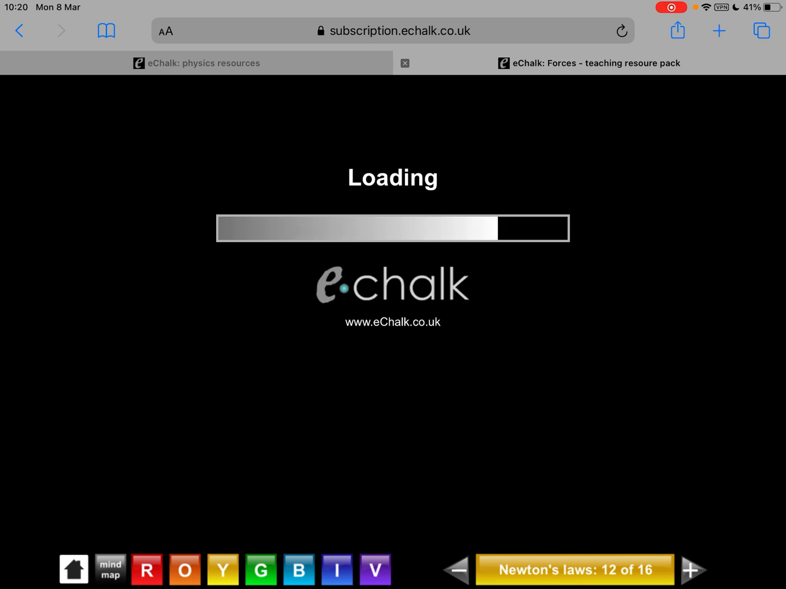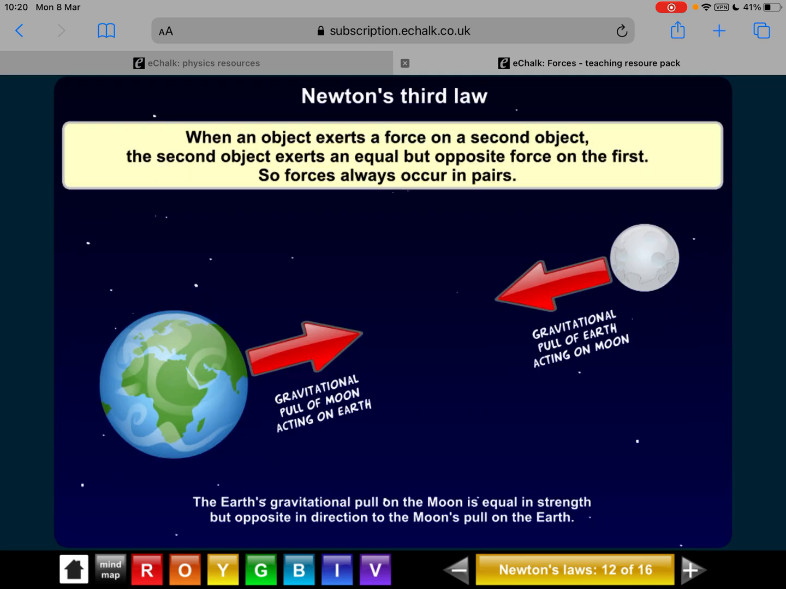Another example is objects that have gravitational forces. So we know that the Earth has got a gravitational force. We also know that the Moon has got a gravitational force. Now even although Earth's gravitational force is greater than the Moon's gravitational force, and obviously we know the Moon orbits the Earth, there's also a force acting the opposite way. The Earth is pulling the Moon towards it with its gravitational force,